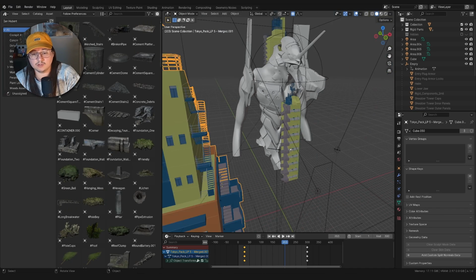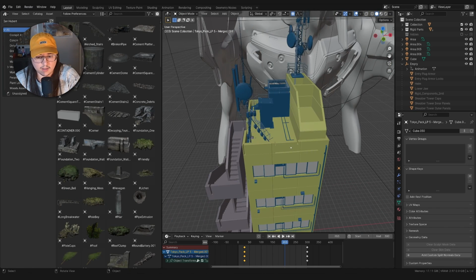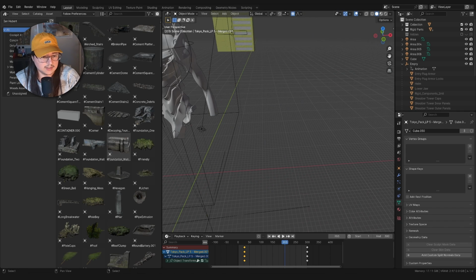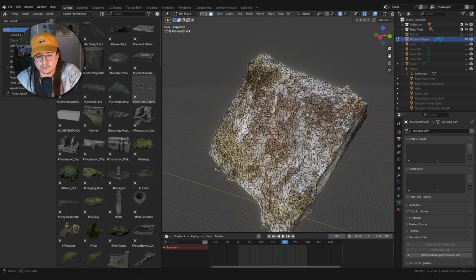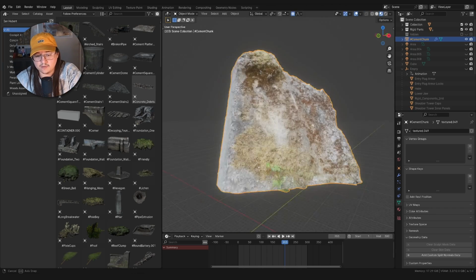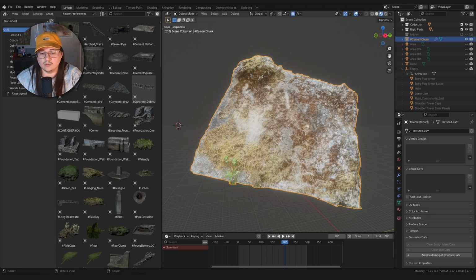So I've got some photo scans from Ian Hubert, and I'm just gonna use one of these scans as an example. So let's say I bring in this giant cement chunk. And let's say you're kit bashing, you're using assets from all kinds of things. I've noticed specifically with photo scans, if the detail of it is really high, for this one it's not that high, but if it's really high and you want to bring down the amount of geometry